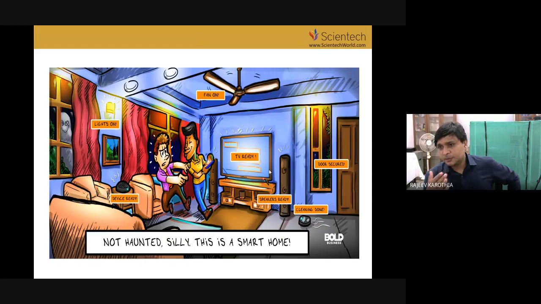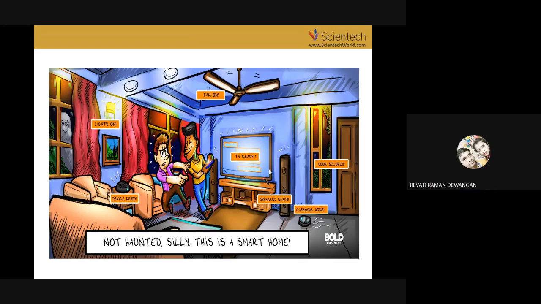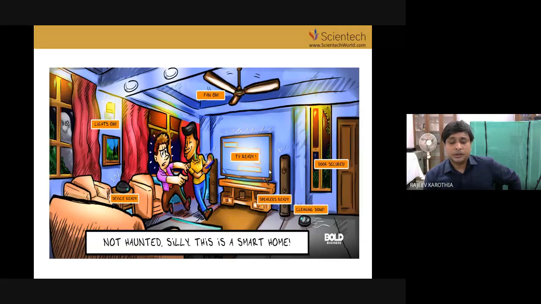So that was the previous thing. Now, by using this smart IoT, everything is automated. You can control your light, fan, TV, remote, door, just by clicking one button. So if anybody enters a door in any house now, we can say it is not a haunted house. It's a smart home basically, where you can control all the things by using a remote.